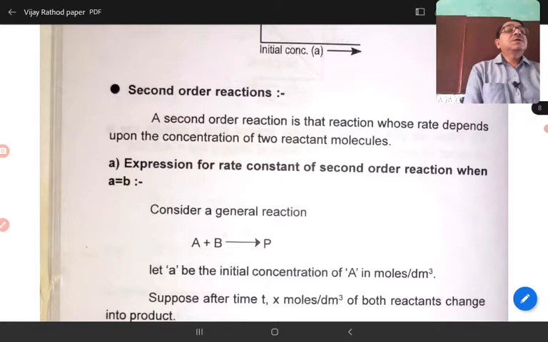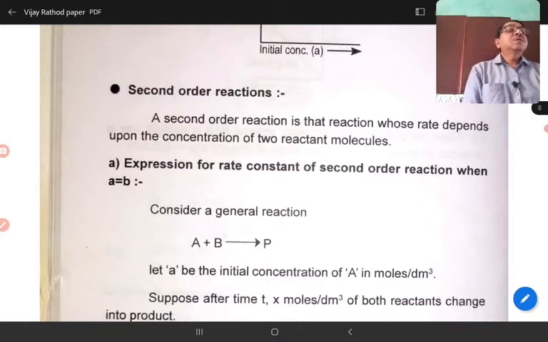From the second order reaction part, we have to consider two conditions for the derivation: with equal concentrations, this is one condition, and with unequal concentrations, this is the other condition. Means when we consider A and B as reactants, when A is equal to B, then it becomes equal, and when A is not equal to B, then it becomes non-equal reactants. So considering these two conditions, we have to look at the derivations in case of second order reaction.